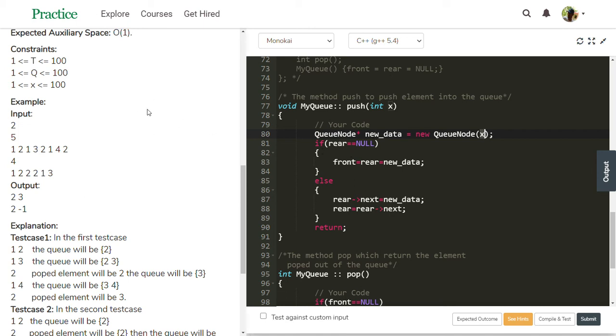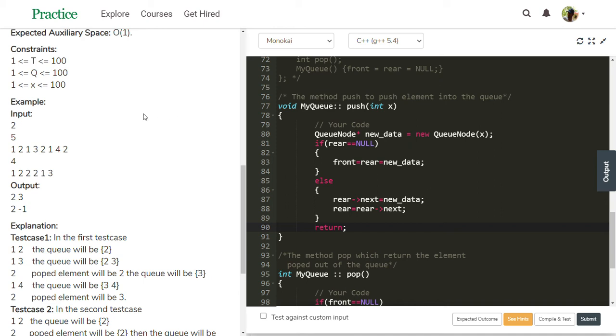Then see the queue. There are two possibilities for the queue. One is that it is empty. In that case, the rear value is null. Rear equal to null is true, so the if block executes. Then front equals rear equals new data. The new node is pointed to by both front and rear in that case. Otherwise, the queue already has multiple data, that is, the queue is not empty. In that case, rear next equals new data. Rear next is new data. Rear moves to rear next, and return.